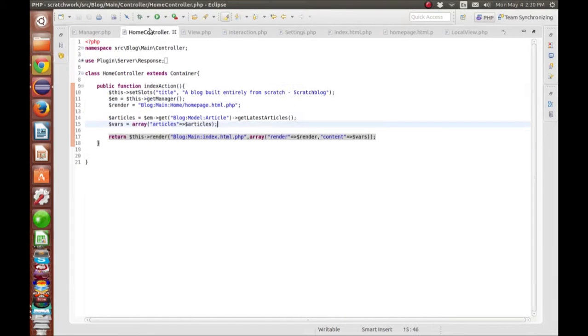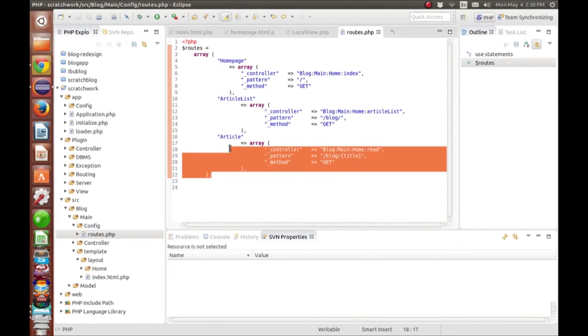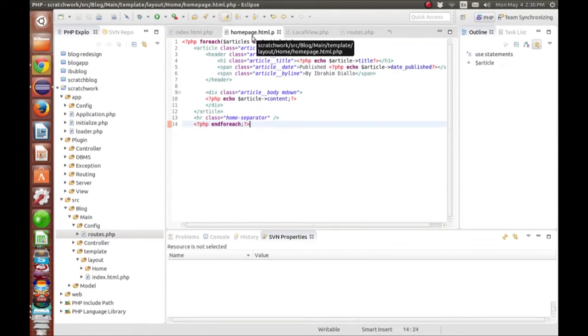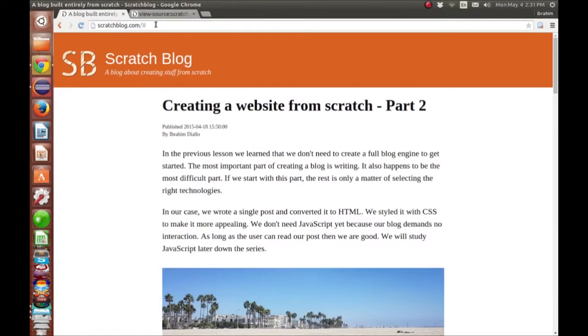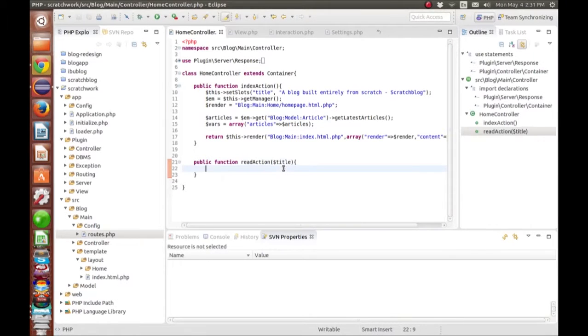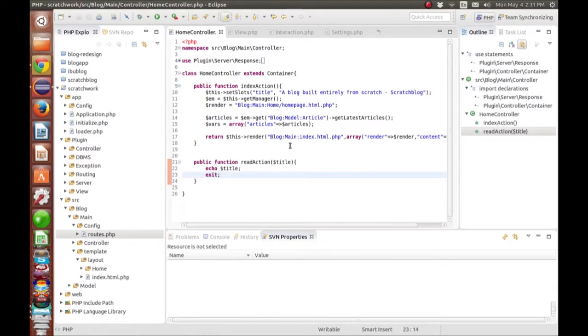For the other page, I'm going to call this function read. As you can see, I already defined it inside the routing file. Read action, and then gives it the title as the parameter. I'm just going to test to make sure it works. Good. Just type the title and exit. There you go. Okay, now I'm going to create this page